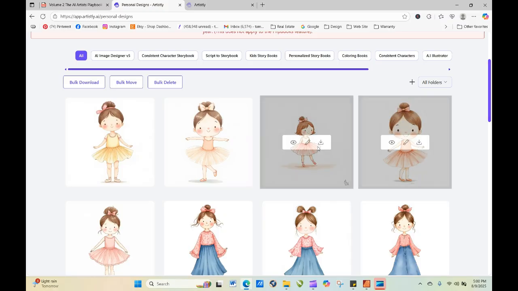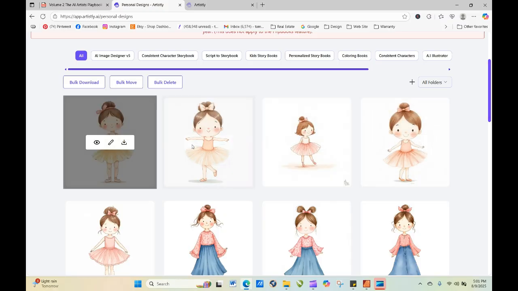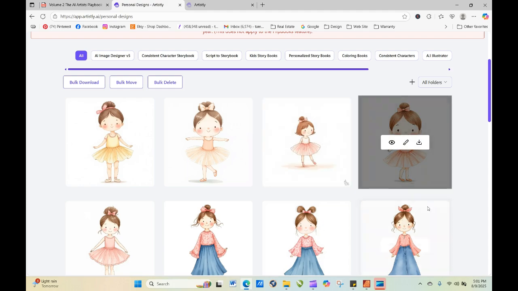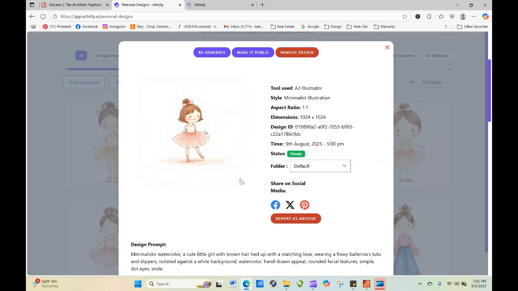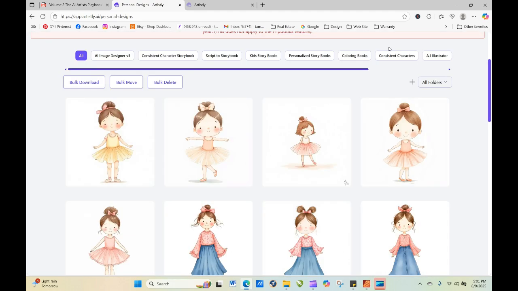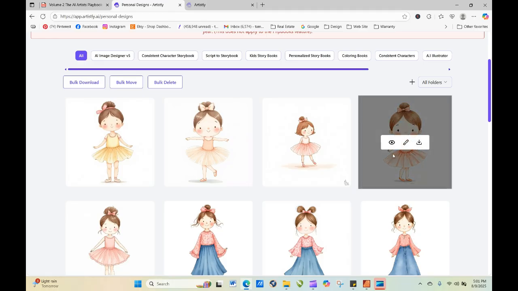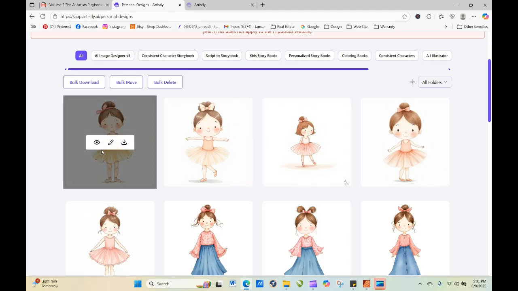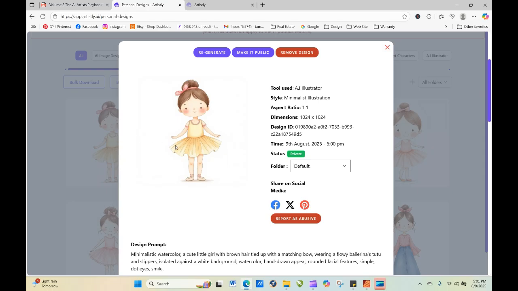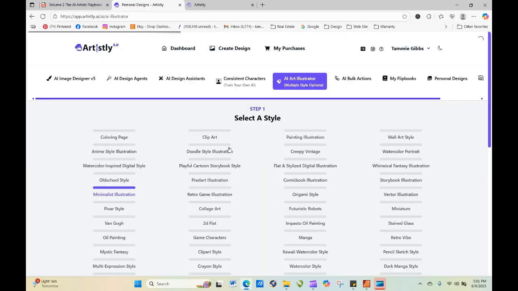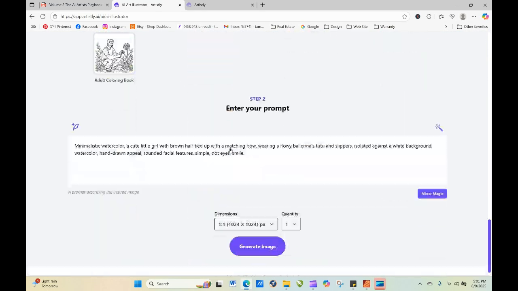Now, see, these are cute. I'd have to work on blowing it up and seeing the hands and stuff. Like this one's cute because it doesn't show her hands, and you don't have to worry about it. This one's cute here, but I'm not sure about the hands. Again, you can prompt those things. Like, for instance, I can go in and I can say,